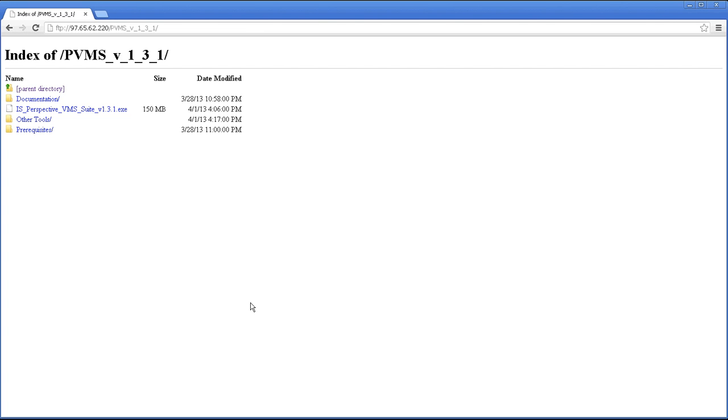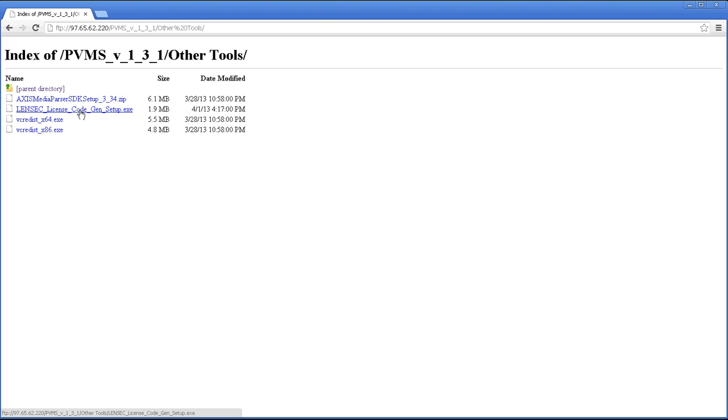At this point, Perspective VMS is installed onto your computer. However, to properly license Perspective VMS to meet with your edition and your camera parameters, you will need to run the server license tool generation utility. That can be found in the other tools folder of the lensec.com/download. The application is called Lensec License Code Generator Setup. You can download that file